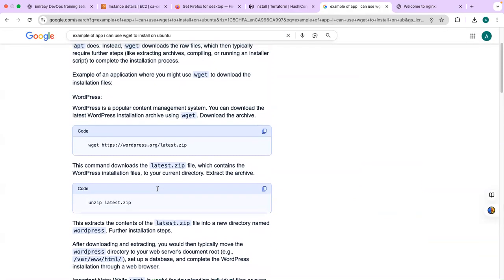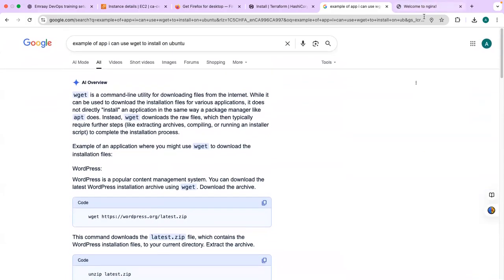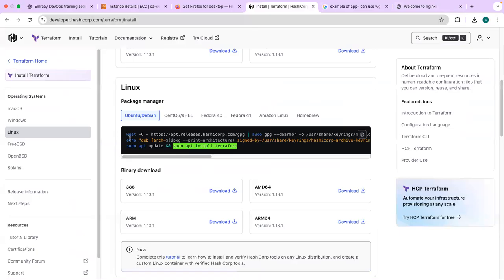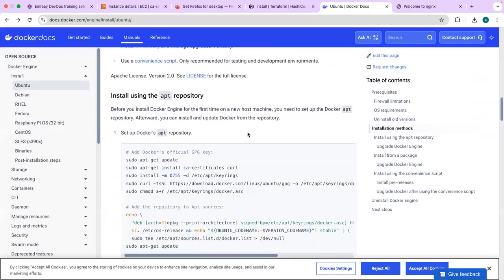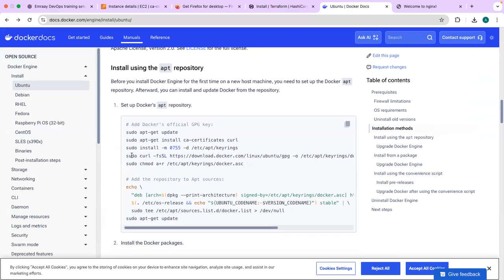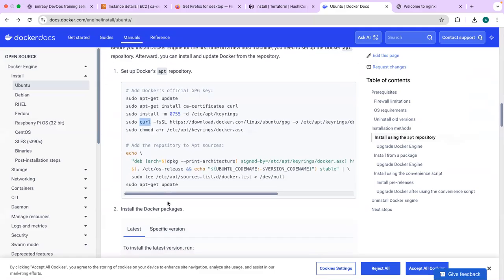So these are examples. The second way is to download, and there are a lot of ways to download. You can use curl. You can use wget. If you look in here, you see they wanted to download GPG, right? What did they use? They used wget. Where's the Docker? The Docker as well, to download Docker. Here they used curl. They used curl to download, right? So you can download through various ways.